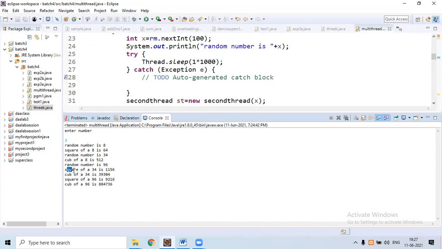Then the children will execute. After completion of children execution, the parent will terminate. Therefore, here we are getting the statements in random order. This is about multi-threading concept.